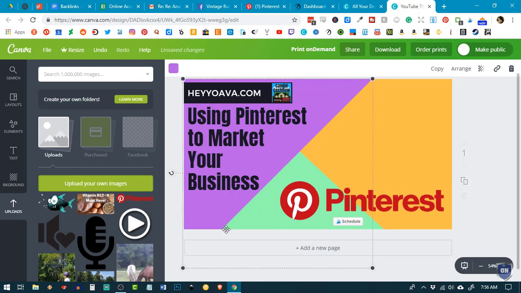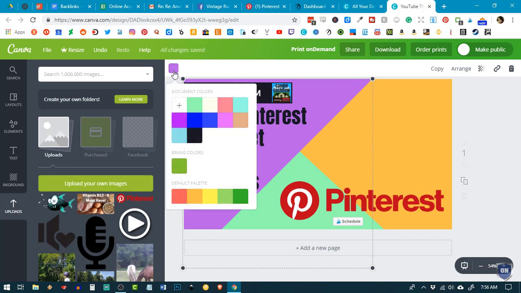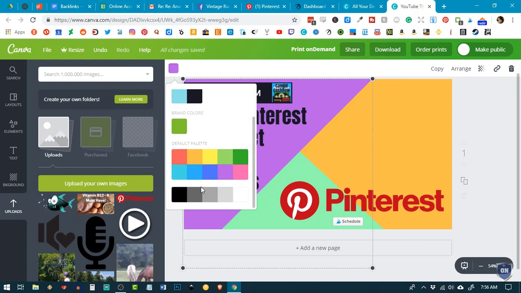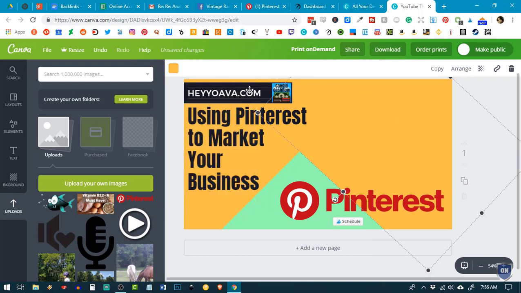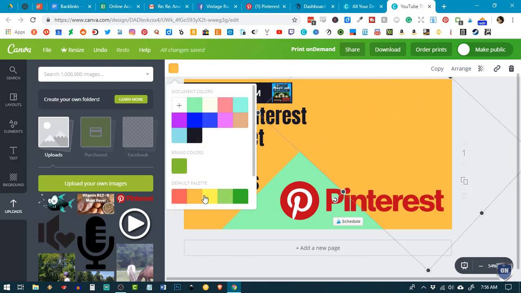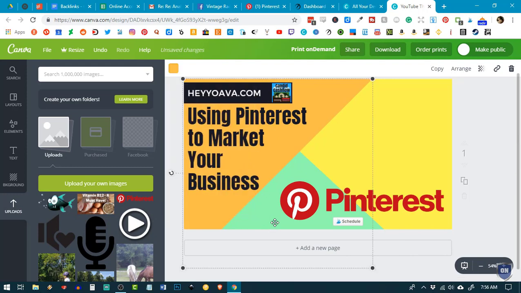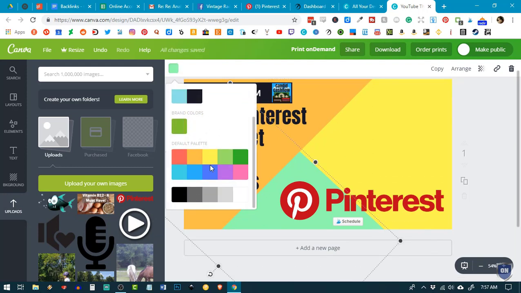Then I'm going to change the color. I like to change the colors of these background elements. So I'm just selecting this purple triangle here first, and I'm going to choose this orange this week. Then I'm going to select this one over here, go yellow, and then finally the green down here I'm going to make